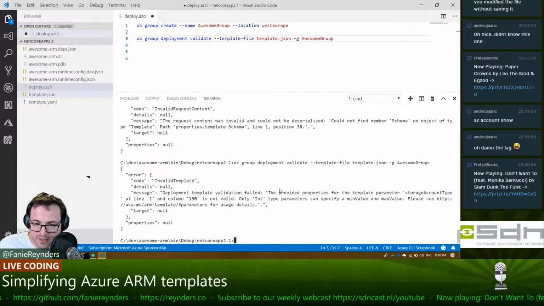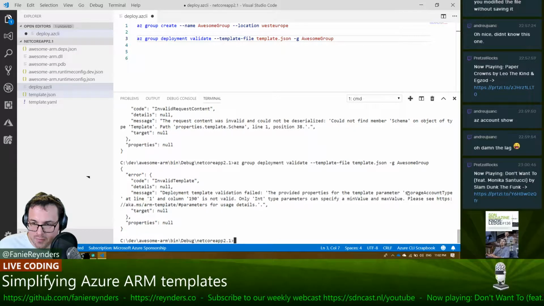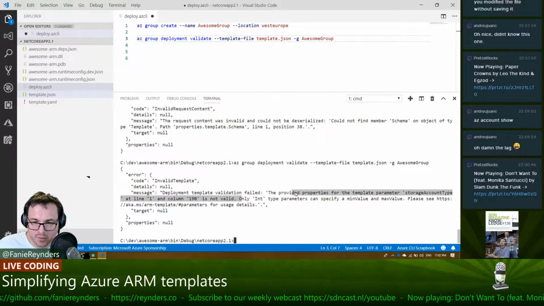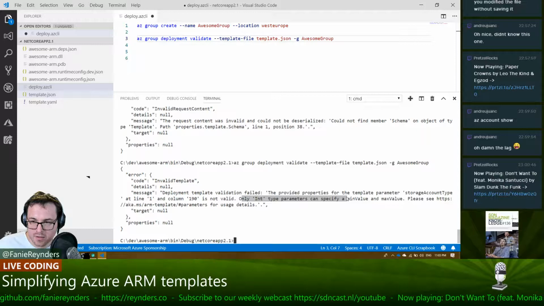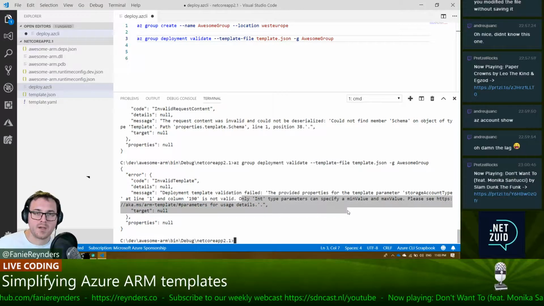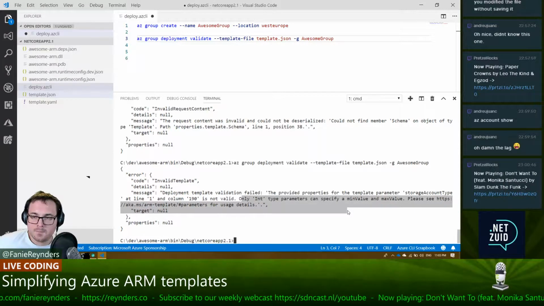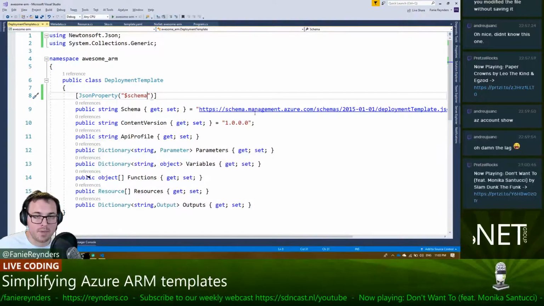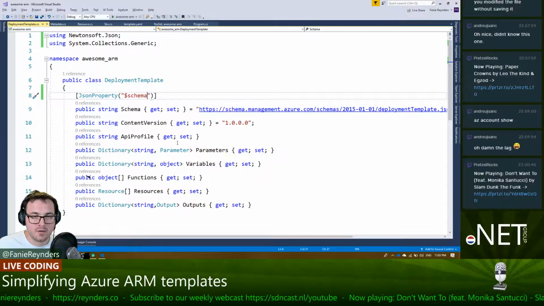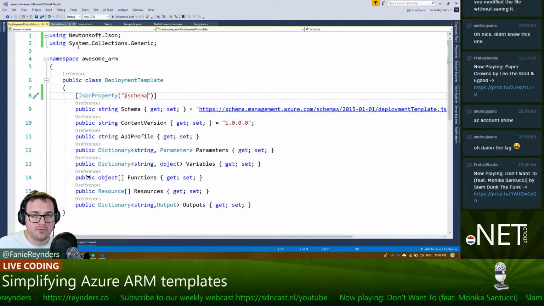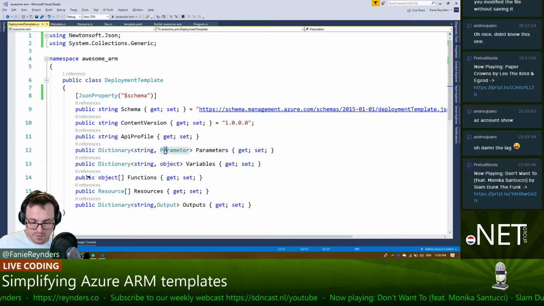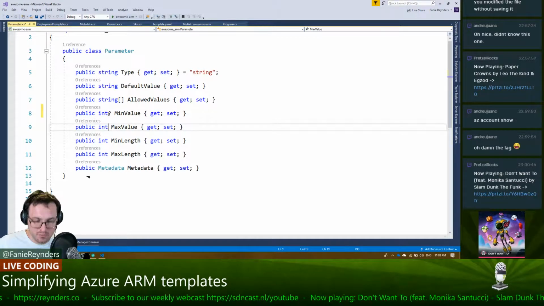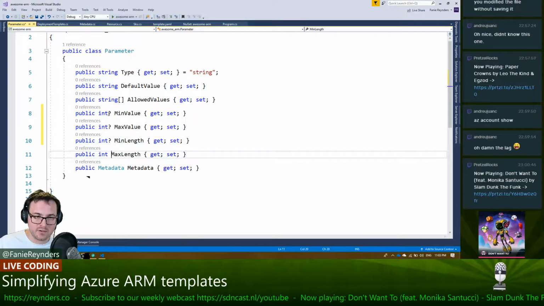Deployment validation failed. The provider properties for the deployment parameter storage account type is not valid. Only int type parameters can specify. Okay. We could make it nullable. We could make them nullable. So what we have is a parameter. We'll make them nullable, like this,